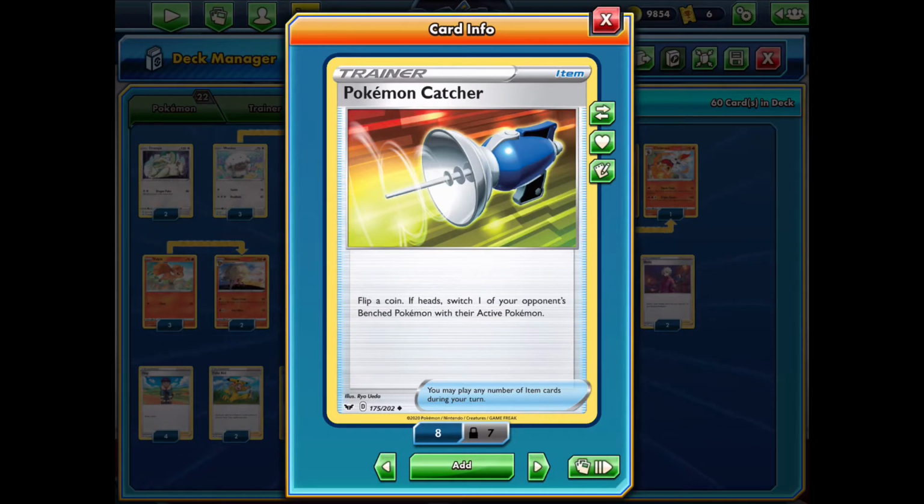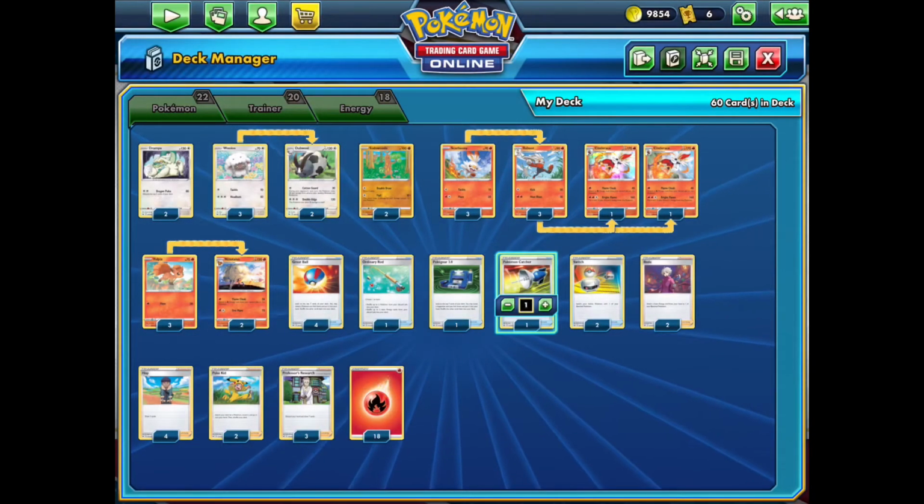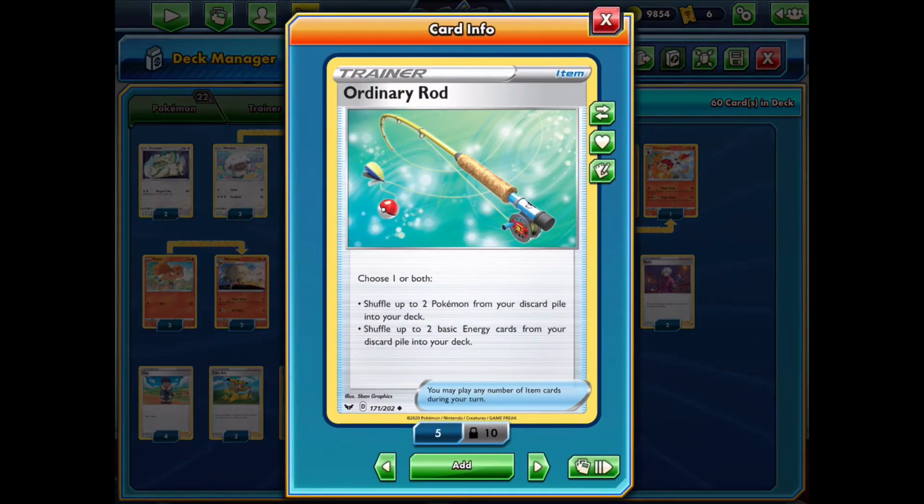If you can get ahead, then bringing up a big attacker that your opponent is building up on the bench and knocking it out before your opponent is able to use it can be really crucial to swing a matchup in your favour. And lastly, we have the Ordinary Rod, which we can use to recycle our Pokemon and energy. So yeah, really